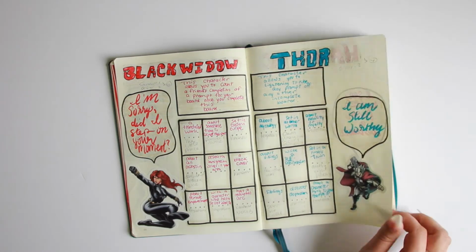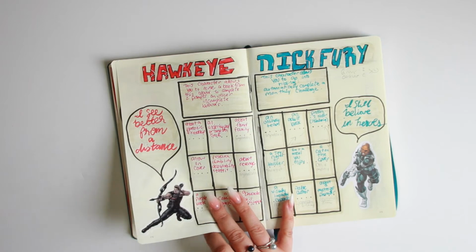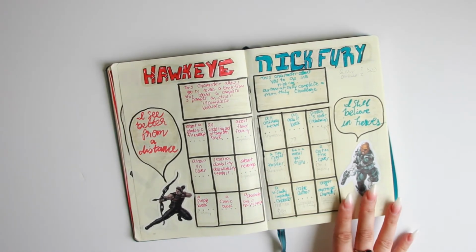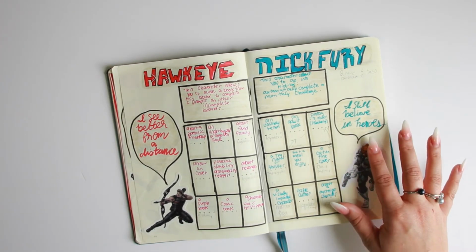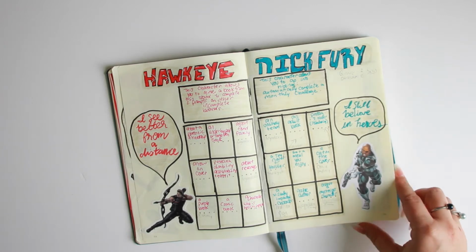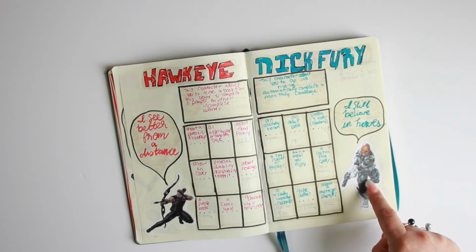Oh, Thor. Oh, it was hard to pick. I think I was stuck between two for his. Hawkeye is "I can see better from a distance." And Nick Fury, I was definitely stuck between two different quotes for his. I put "I still believe in heroes." Now, Nick Fury, I mentioned before, I did not have a sticker. So I actually printed this out